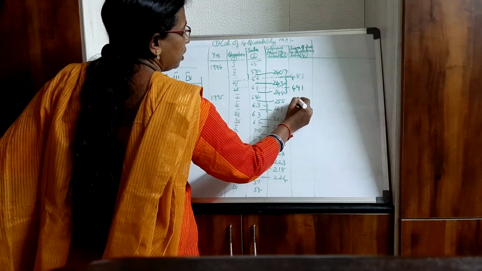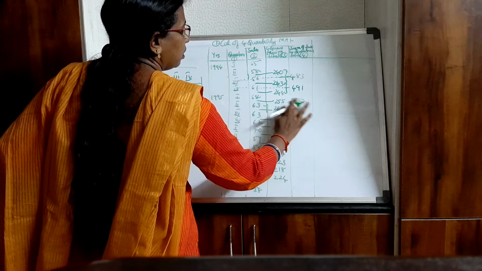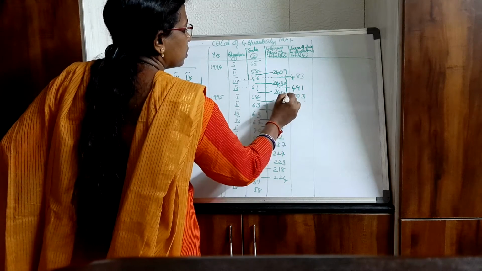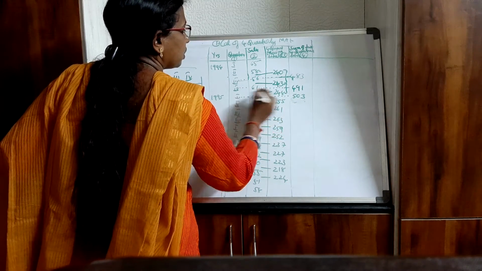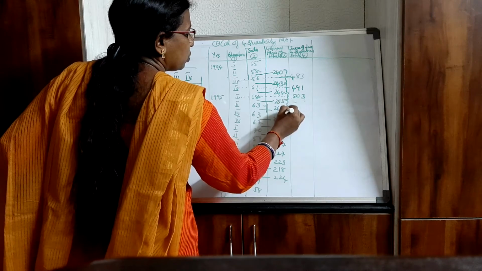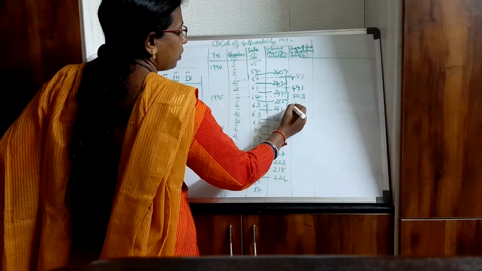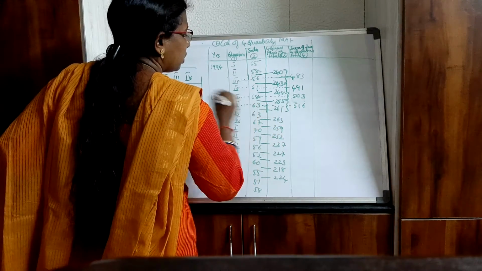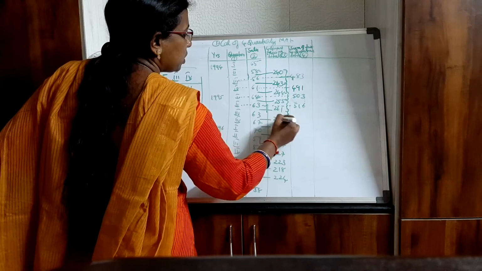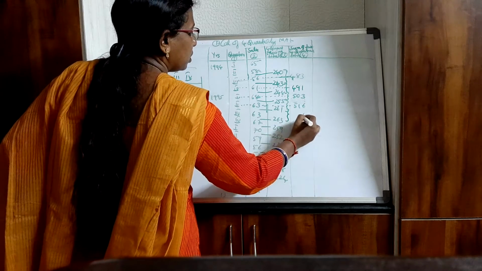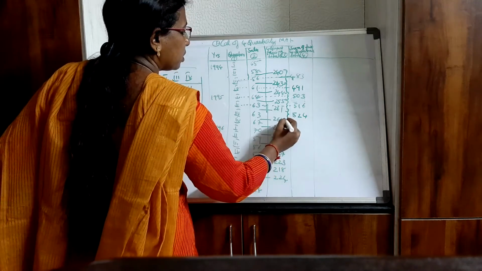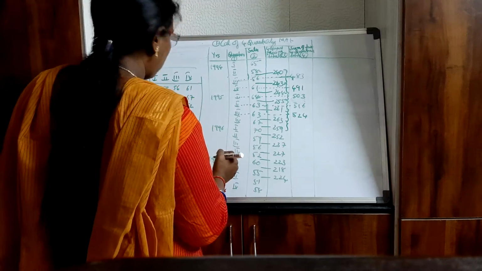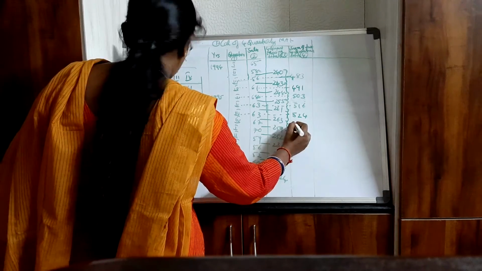So this is 503. This 503 I should write in between these two. So this is corresponding to this quarter. Okay, then these two, 255 plus 261. So this will be 516. Now this is corresponding to this quarter. Then 261 plus 263, so 524. Then 263 plus 259, so this is 522.